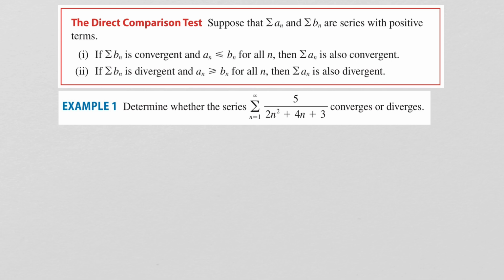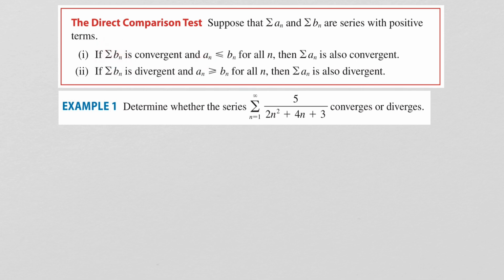Suppose that we have two series, summation of a_n and summation of b_n. And suppose they are both positive term series, meaning that all the terms of each series are positive. If the summation of b_n is convergent, and a_n is less than or equal to b_n for all n, then the summation of a_n is also convergent. So if you have a series a_n that is less than a series b_n, and the series b_n converges, then